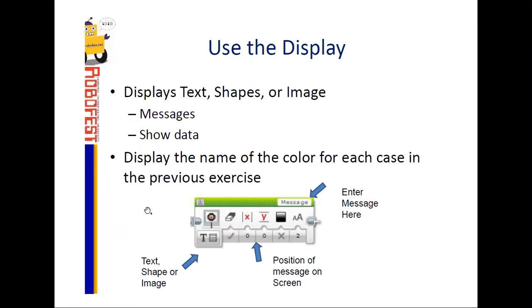One thing you could do as an example, in this case, is display the name of the color in each case for the previous exercise, as well as making the sound. And then